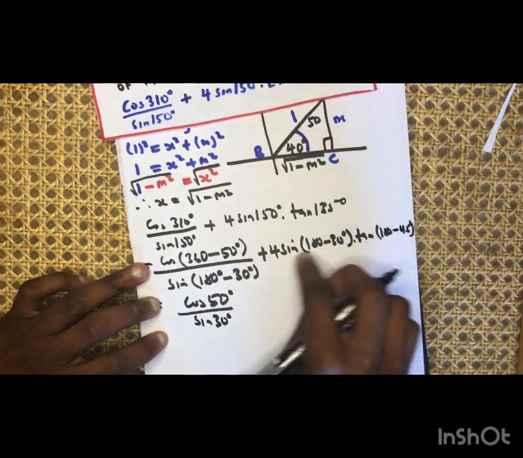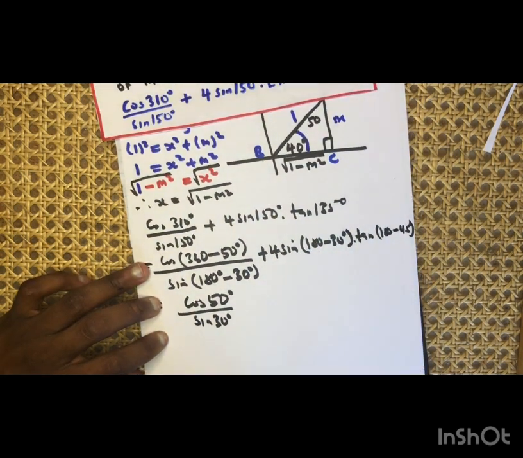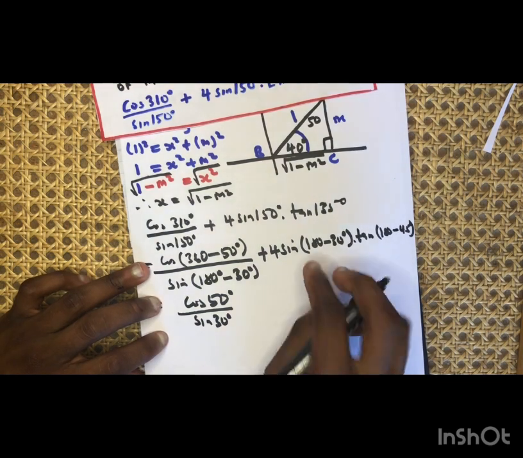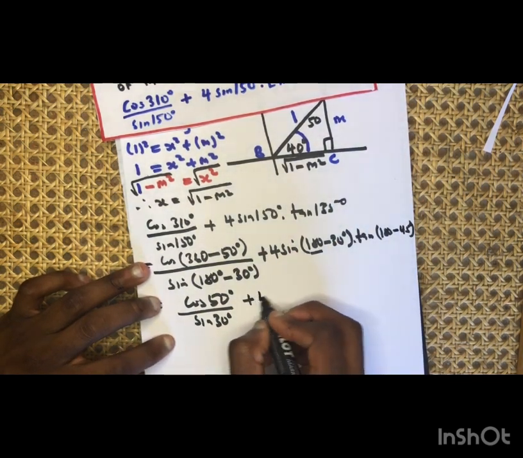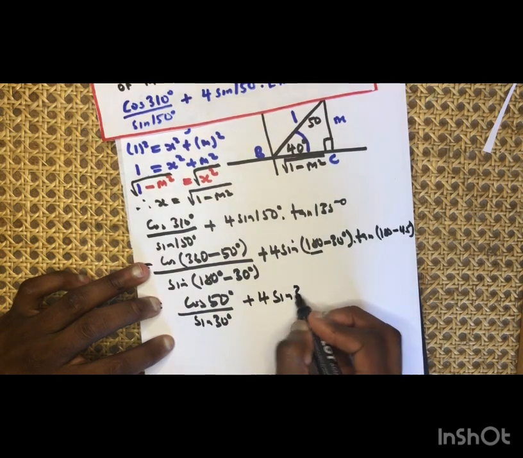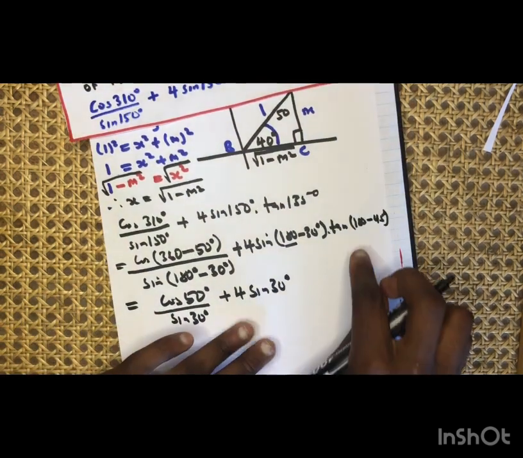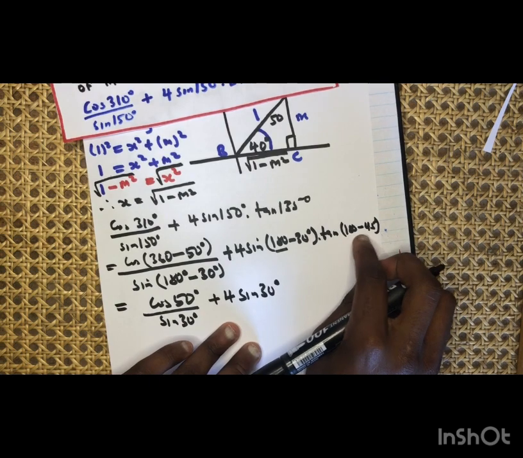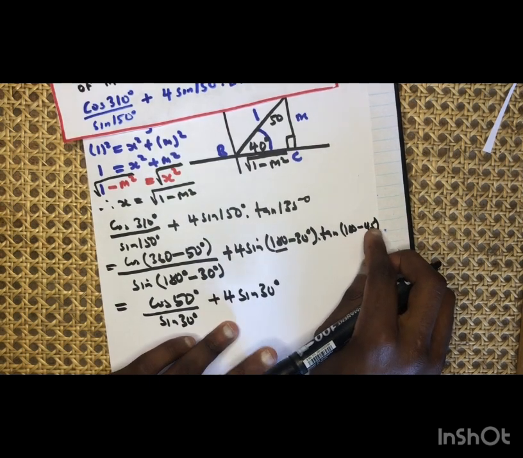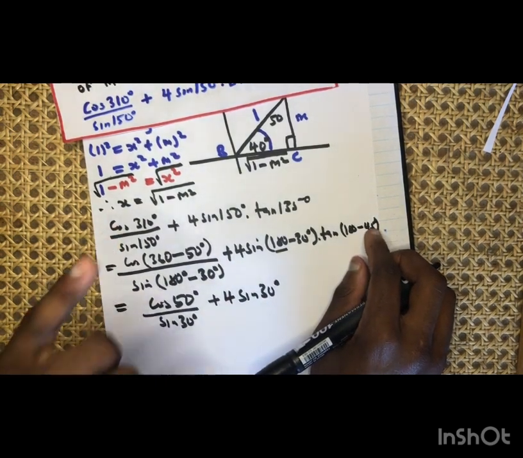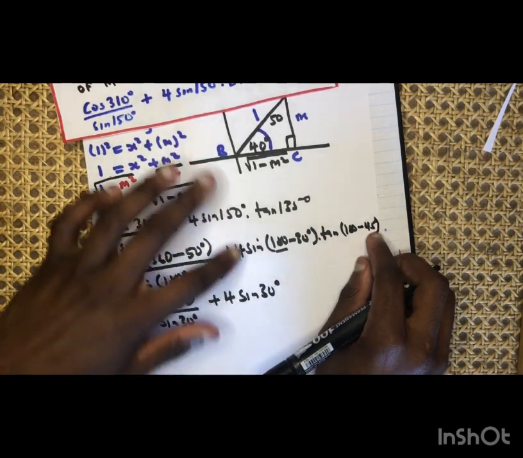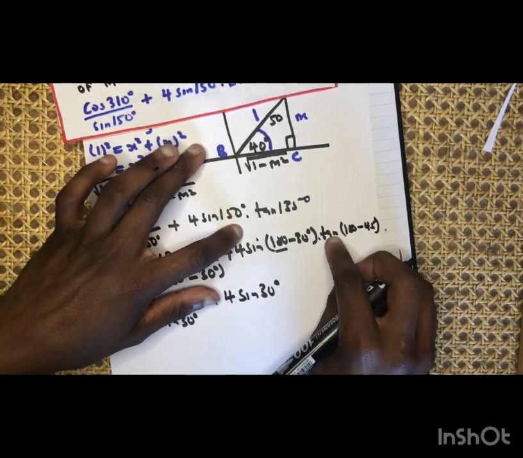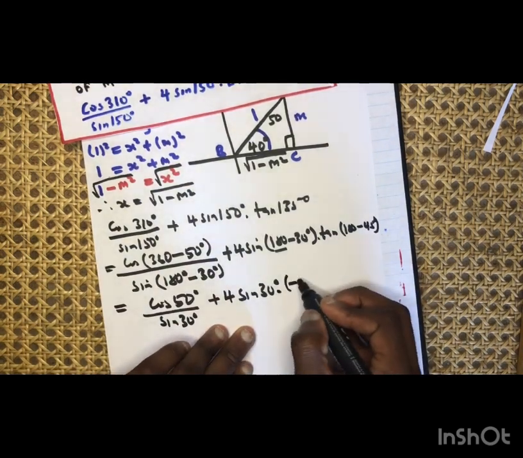Then we find again sine on which quadrant? Fourth quadrant, second quadrant, and the sign is positive, so it's going to be positive 4 sine 30. But now we have tan 180 minus. So tan is positive on which quadrant? First and the third. So 180 minus, we find 180 minus on second quadrant, and the tan is negative. So it's going to be negative tan